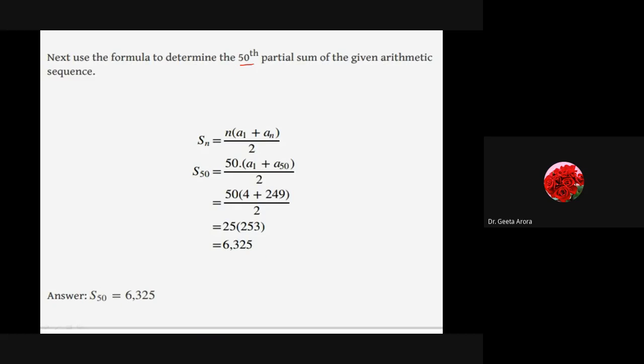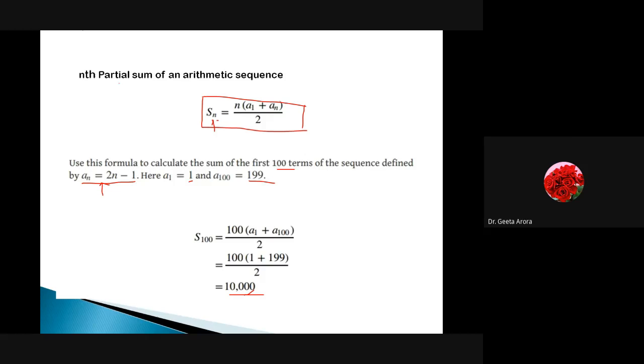Okay, sure beta. Here we are saying that this is the formula Sn to find the partial sum of an arithmetic sequence. It means when the first term is known and the nth term is known, or the formula is known, and we have to sum the terms up to a particular n, meaning a1 plus a2 plus a3 up to an. We are finding the sum, or I can write the summation from 1 to n of an. This is what we mean by the sum of all the terms starting from a1 to an. So we are not going to each term and taking their sum. We have devised this formula: Sn is equal to n by 2 times (a1 plus an).